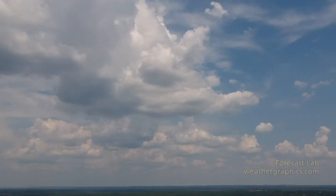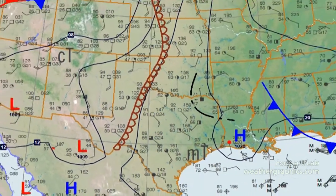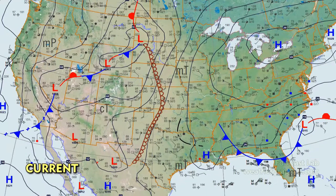Well, we are in the depths of summer here. 91/66 in our area, deep in that tropical moisture. We do have the dry line out to the west. It's not very well defined, but it is present, and that extends from South Dakota all the way through Kansas